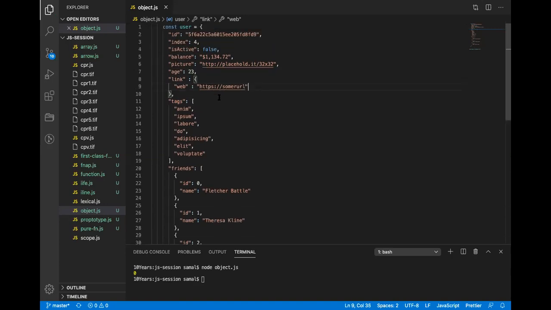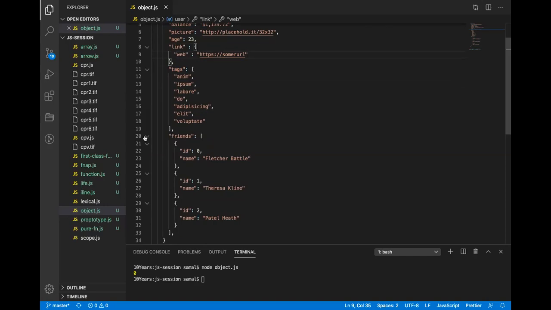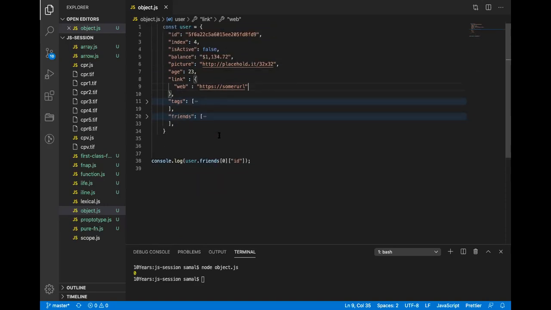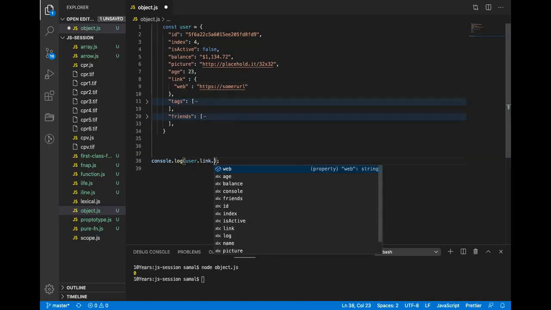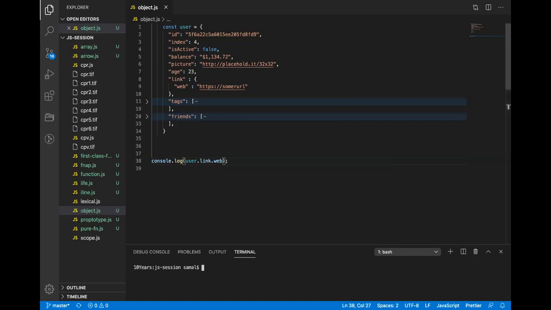So how do I read the key web? user.links.web. I can keep on going. If there is nested data present, I can just keep on using dot notation. If there is an array, I just have to use index notation to read the value. This way, I can read the value. Very straightforward in a JavaScript object.